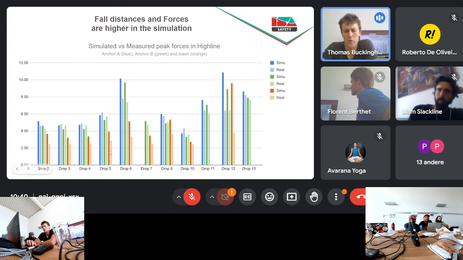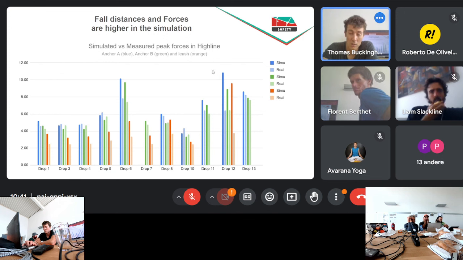So the first ones were just leash falls. Then we had here a more intense force because we had a leash fall, but the backup was tight, so it engaged the Dyneema webbing straight away. And here we had some backup falls. Sometimes we lost data, so that's why there is no blue here or no orange here. And here, this was the backup fall on full length of Dyneema.